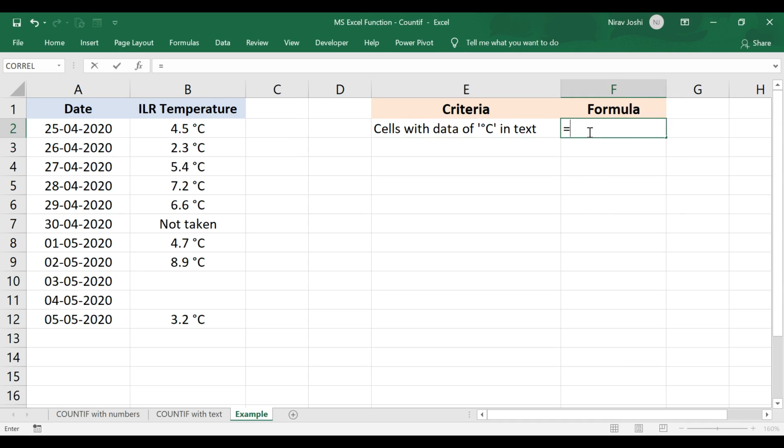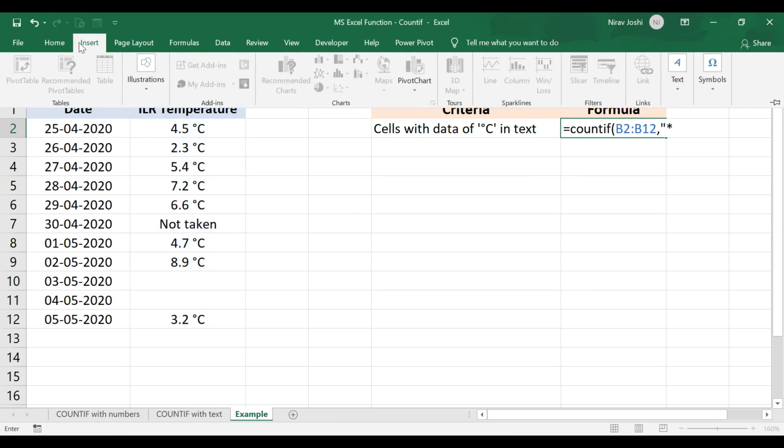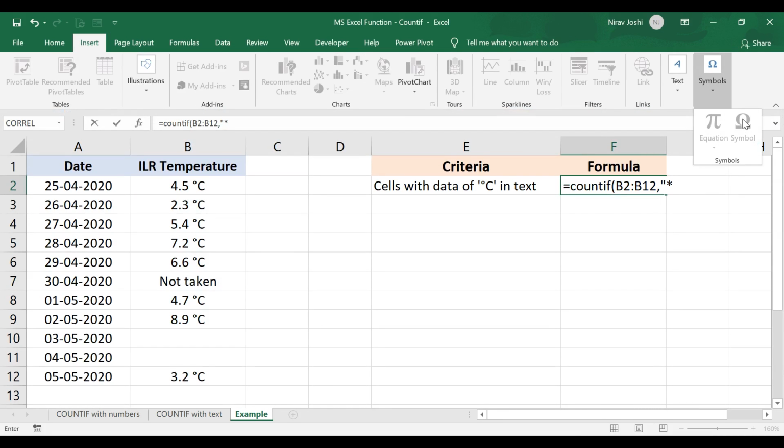We will apply the formula COUNTIF, select the range, double inverted comma. Now we want to apply this degree centigrade as criteria, but before that there can be any number of characters or text. So for that we will apply an asterisk. Now we want to apply degree centigrade as criteria, but the issue here is that Microsoft Excel would not allow you to type a symbol, and this degree is a symbol which we would not be able to type in between.